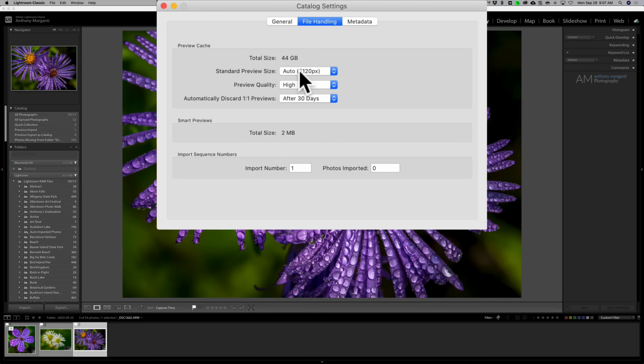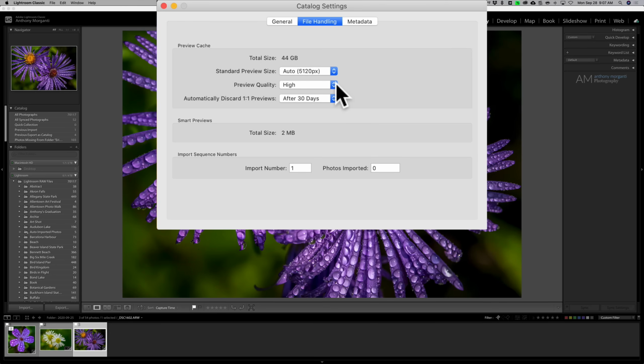That way it will create previews that will fit your display perfectly, and then Lightroom doesn't have to manipulate those later. Because if I click on that drop down, you could see, let's say I could create a 2048 or 1440 pixel. Yes, that preview will be smaller, but then when it needs to render it on your display, it's going to have to change it and make it 5120. And that, of course, takes time and some CPU and GPU power. So you want to avoid that if possible. So just use auto. So whatever resolution of your display will be there.